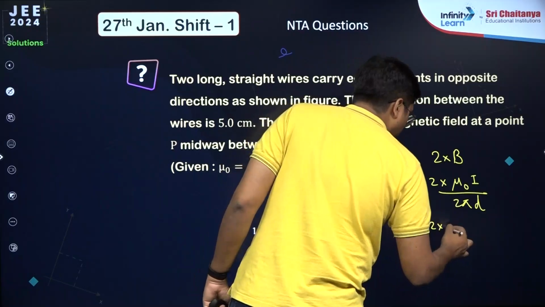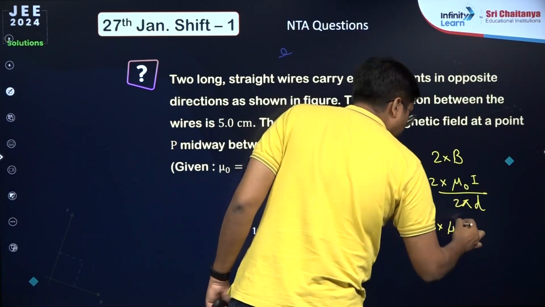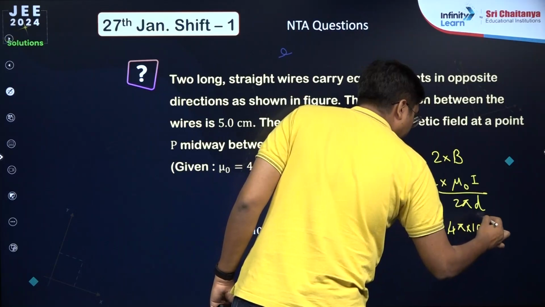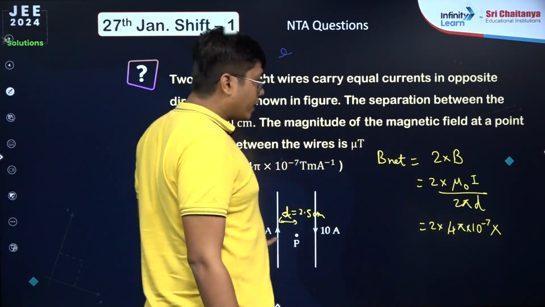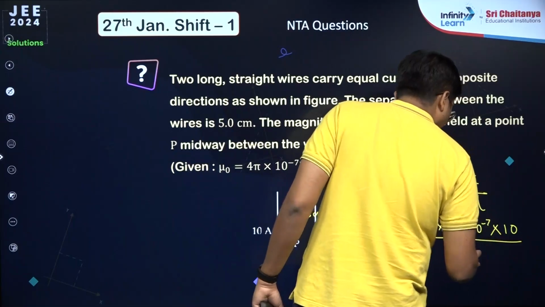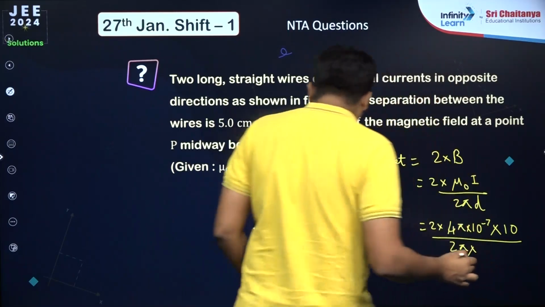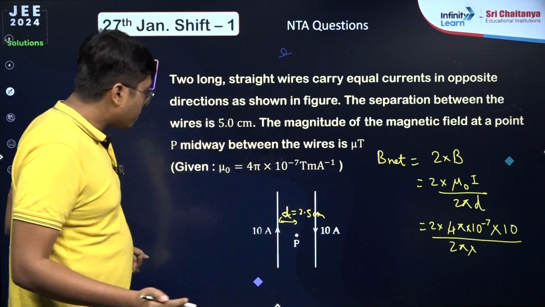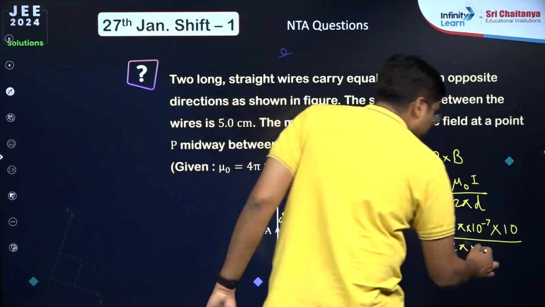So we have 2 into 4 pi into 10 to the power minus 7. Current flowing is 10 amperes divided by 2 pi into 2.5 centimeters, right? So 2.5